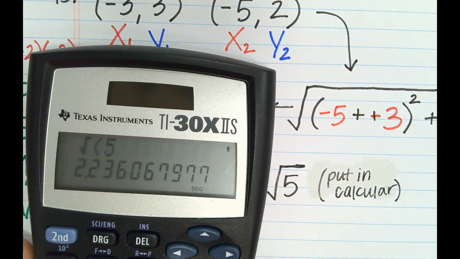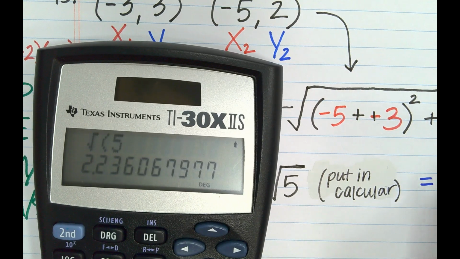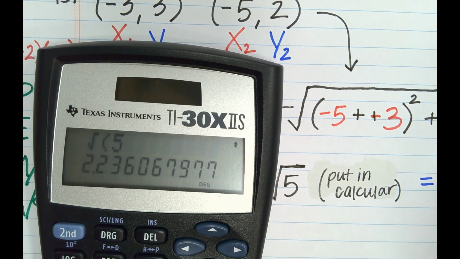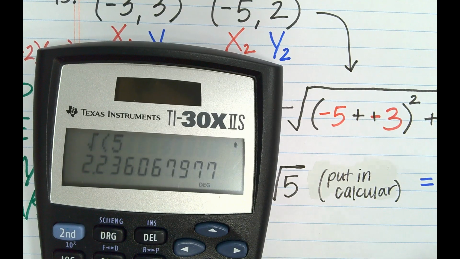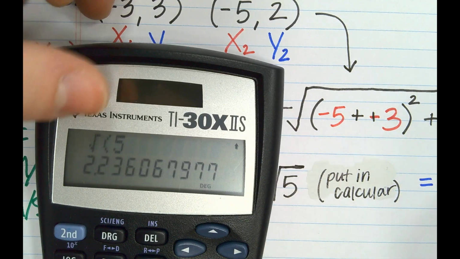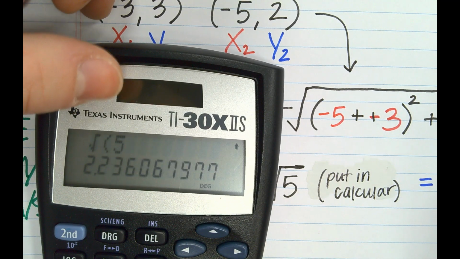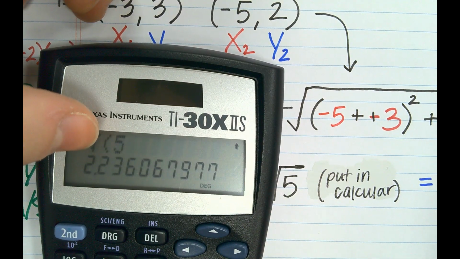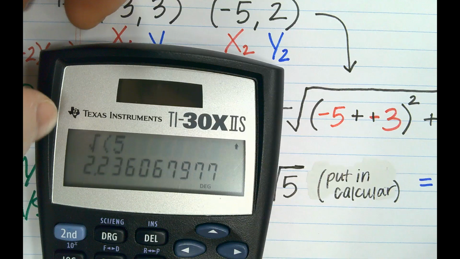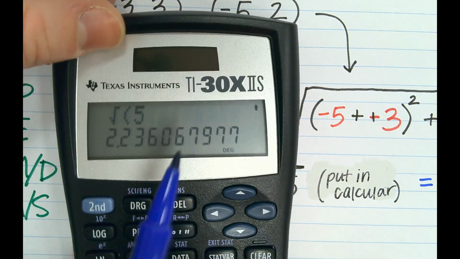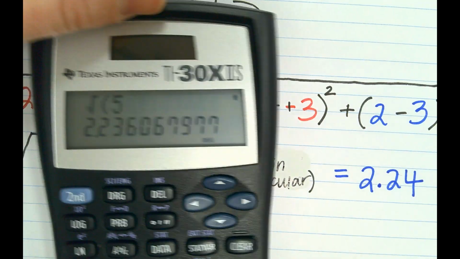So we got 2.2360679. It goes on for a while. I'm going to have you just write the first 2 decimal points, and I want you to round it. You know what I mean by round it? 1, 2, 4. Yes. 5 because it's the number to go up. Exactly. 5, it remains the same. Exactly. So, yeah, we want 2 decimal points because our answer on our calculator came out to be